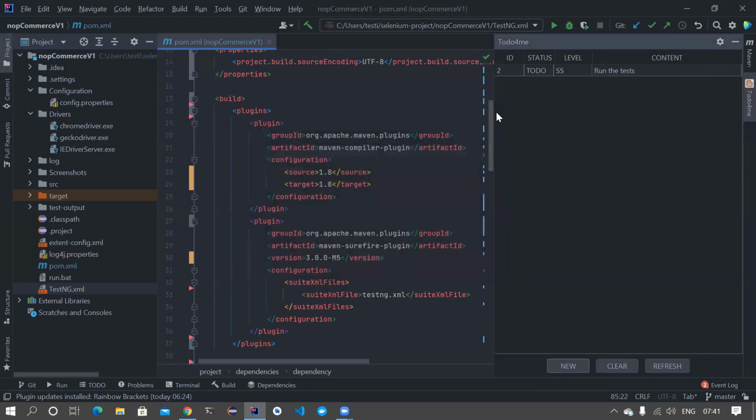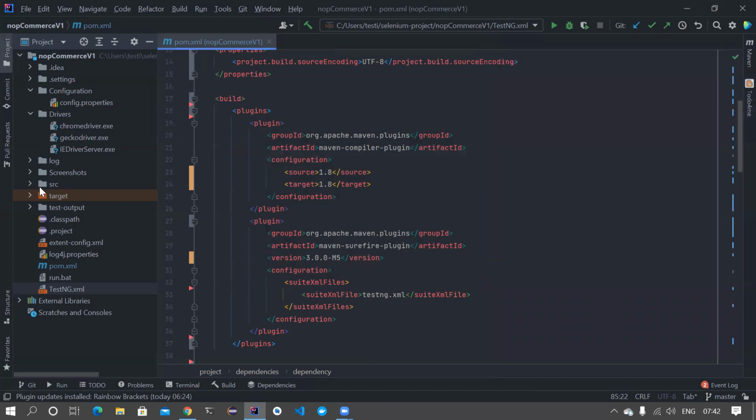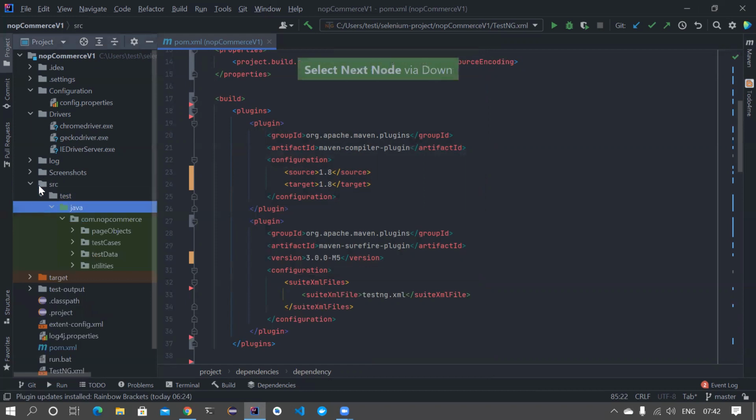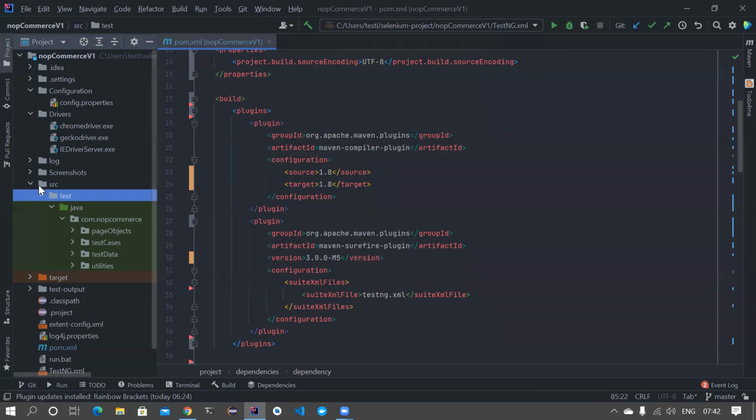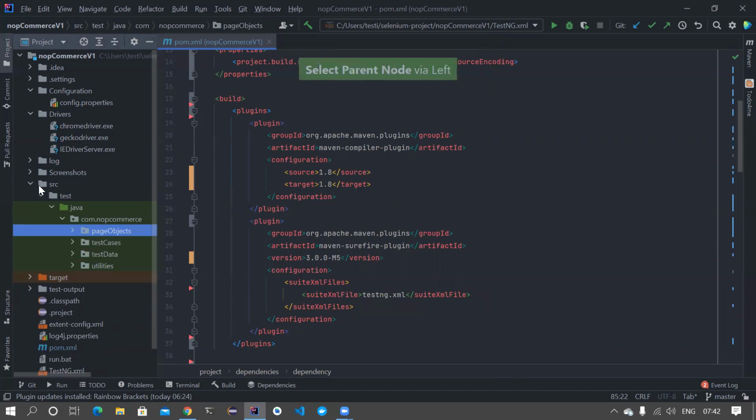Let's see how I can do this. Let's work on that and understand this. I go here inside src/test. They have written everything inside src/test. That is very bad, because there needs to be a main folder where they should split all the page objects and all the other stuff. Your test folder should only contain the test cases, not everything, right? That's very bad. We will fix that later, but for now, our focus is to make this code run. They have page objects here.